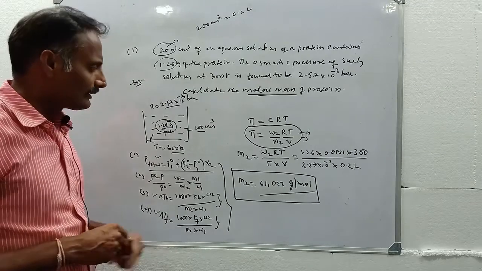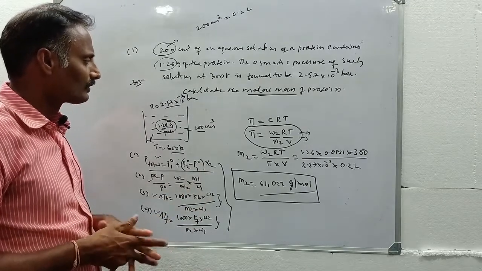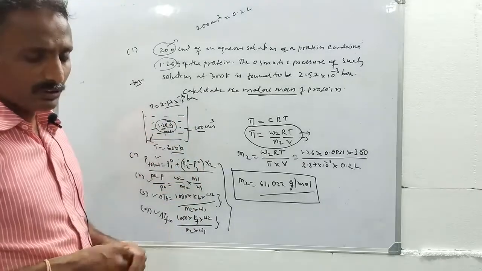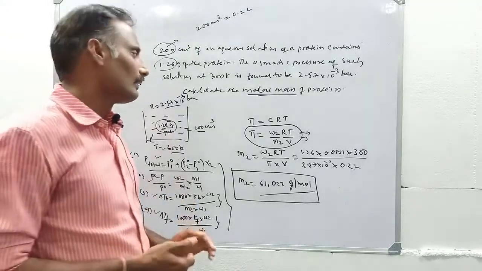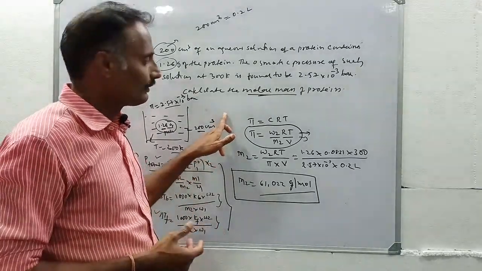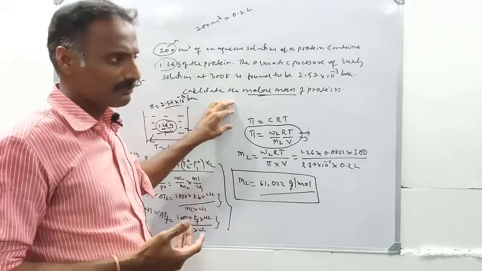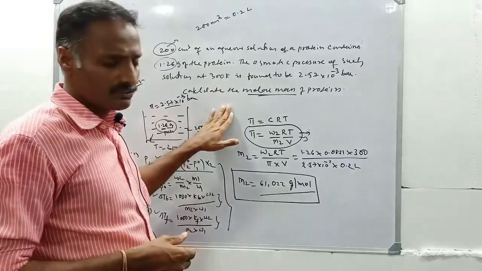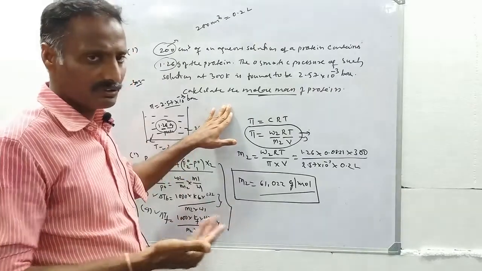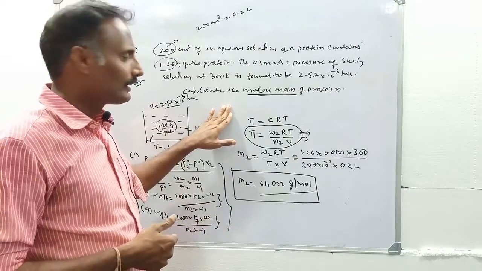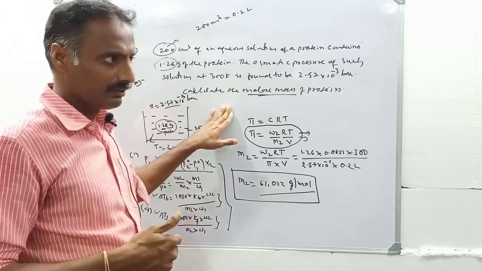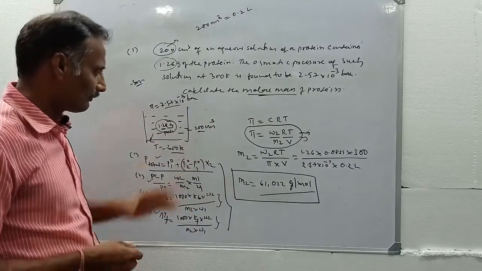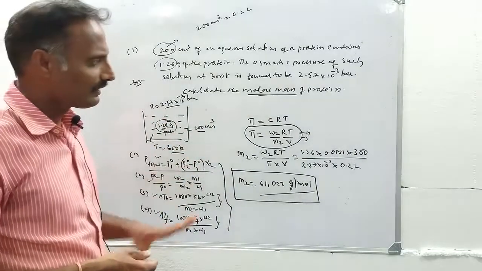This is about the syllabus regarding osmotic pressure. In osmotic pressure you have 3 types of solutions: isotonic, hypertonic, and hypotonic. If 2 solutions have the same concentration and same osmotic pressure, they are called isotonic solutions. A hypertonic solution is one which has higher osmotic pressure than the given solution. A solution with lesser osmotic pressure compared to the other is called a hypotonic solution.